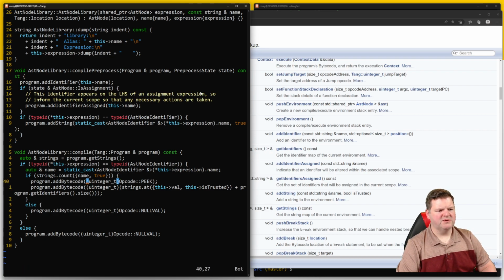Name and true. A peek. Name true. We're adding the bytecode to say, okay, peek, and then